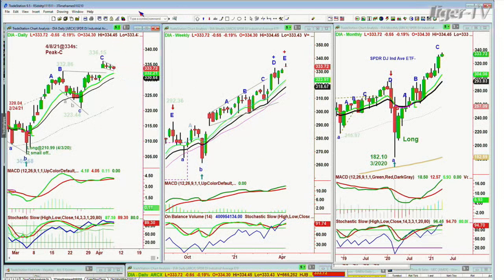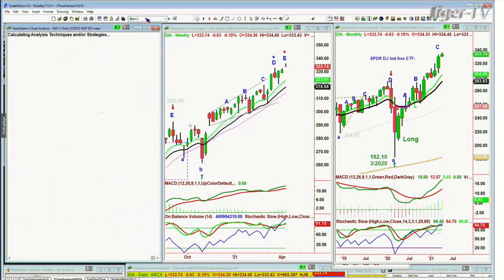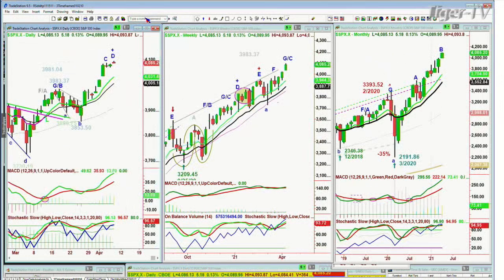That's number one. Number two is, wait a minute. Do we even have to wait for that? After all, the root is the Dow. The Dow, cash, has already made a D. What about the S&P? Well, that was lagging. That was at a peak C. Today it went to a leg D. But wait a minute. Before you get too carried away,